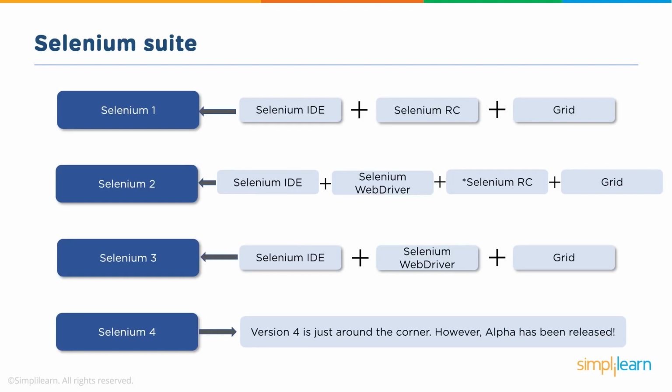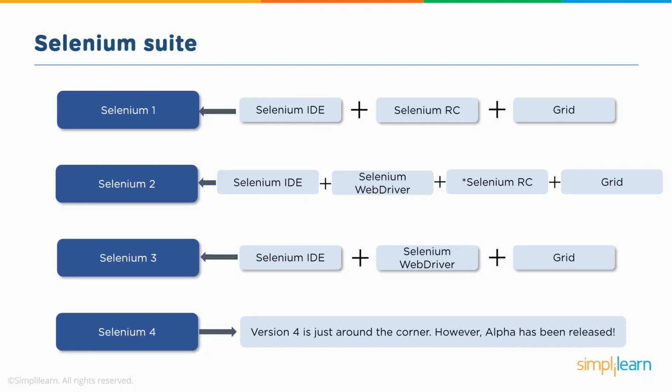So this is what was version 1 of Selenium, and we called it Selenium Remote Control. And then in 2007, Simon Stewart invented WebDriver. Now why did he invent this? Because the architecture of Selenium RC was a little complicated. RC required a separate server to talk to your browsers. So he removed the requirement of having a separate server in the RC, and this was